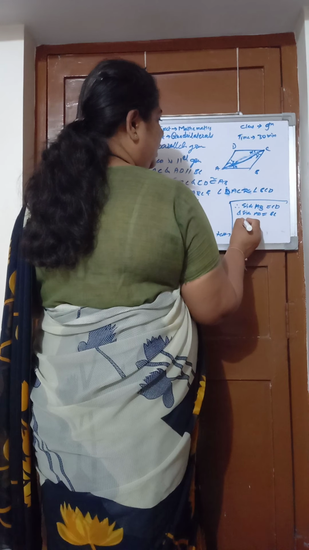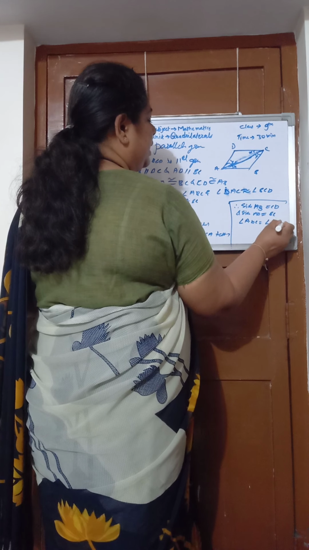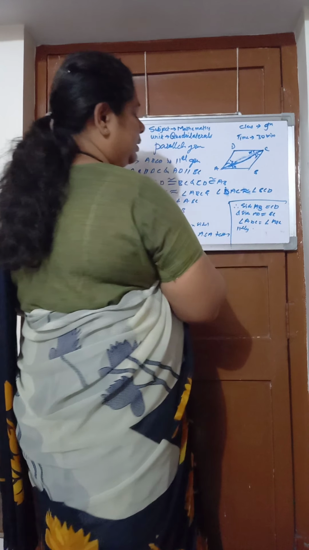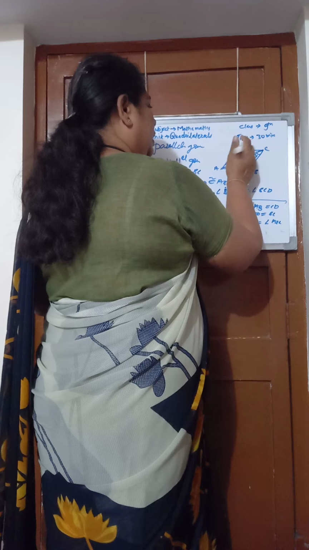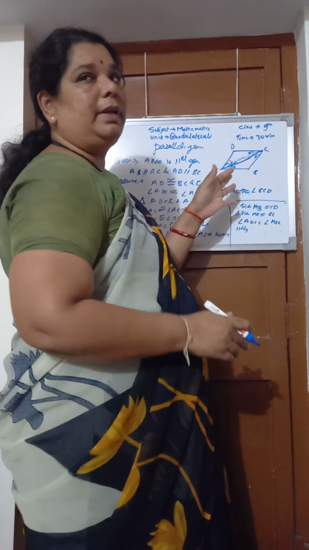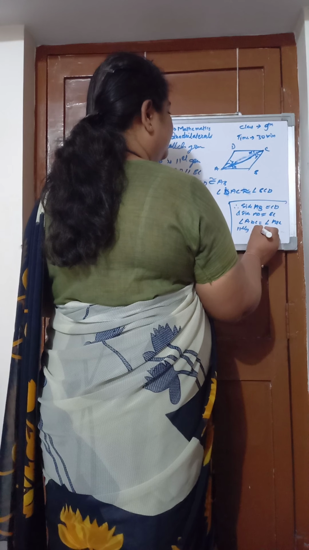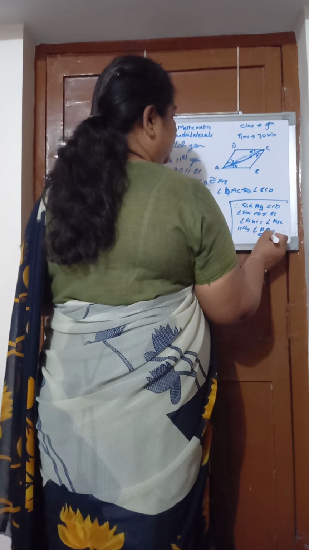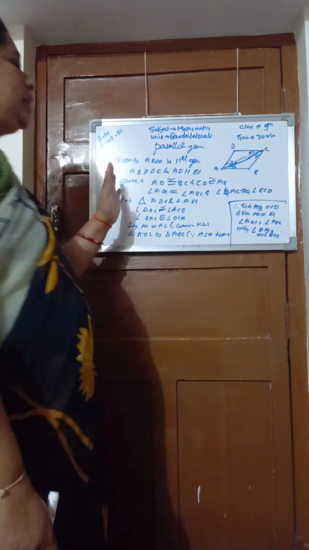Similarly, angle ADC equal to angle ABC. Similarly, we can prove the other angle. It is not given in these two triangles, but we can prove it by considering the diagonal BD, and there will be two triangles. We can prove they are congruent, and then we can say angle DAB congruent angle BCD. Okay. In this way we have proved the theorem.